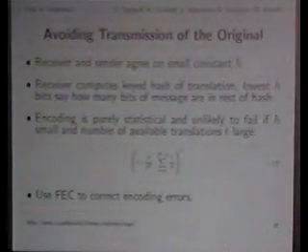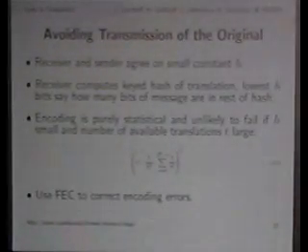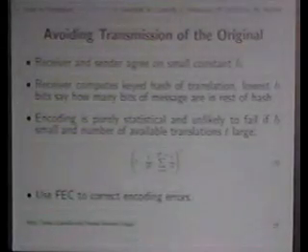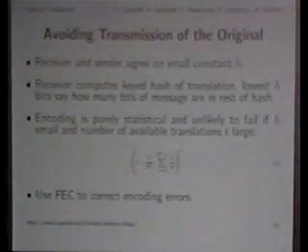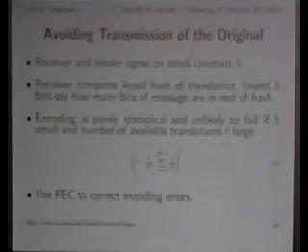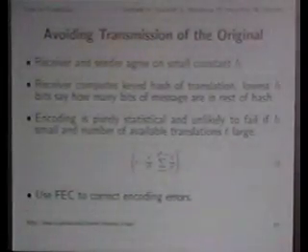And, well, I might fail to find one of the translations in the variation that allow me to encode this, but I'm unlikely to fail, statistically speaking, depending on my choice of H and how many translations I've got available for a given sentence. And since I can assume that I will fail eventually, what we can do is we just add forward error correction to the scheme, and then we can correct these errors that are statistically bound to occur.